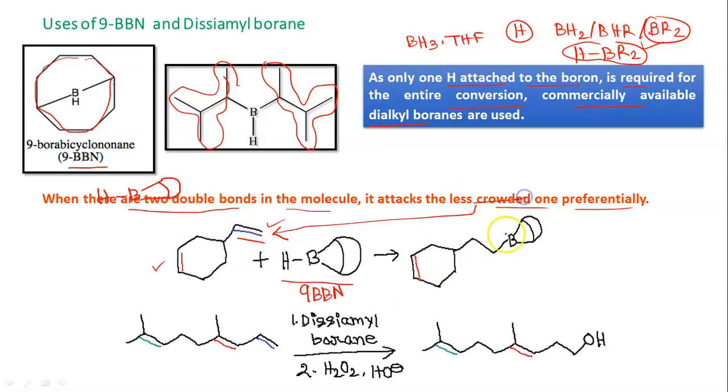So this reagent, 9-BBN, is attached to the less crowded double bond. Similarly, in the second example, there are a total of 3 double bonds, but among these 3, the less crowded is the blue one. That is why disiamylborane, this second reagent, is added only to this terminal carbon. These sterically hindered 9-BBN and disiamylborane help in increasing the regioselectivity. If the regioselectivity is, suppose, 80% when using simply the BH3-THF complex, with 9-BBN and disiamylborane it may increase from 80% to 90%.